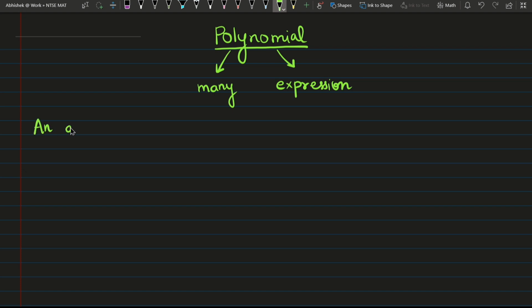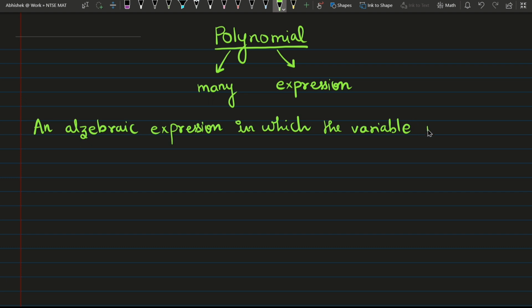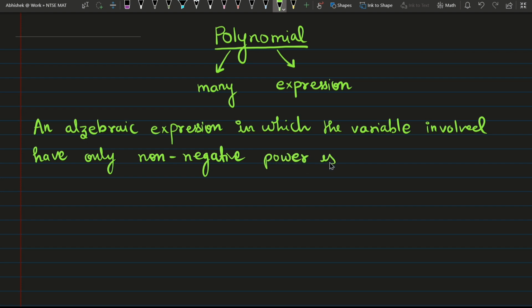An algebraic expression in which the variables involved have only non-negative powers is called a polynomial. तो हम इससे क्या समझ पाए कि जो भी हमारा पॉलिनोमियल है उसमें जो भी पावर्स हैं वेरिएबल की वो नॉन नेगेटिव होनी चाहिए मींस होल नंबर होनी चाहिए मींस 0 1 2 ठीक है।